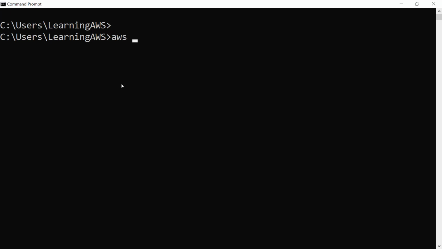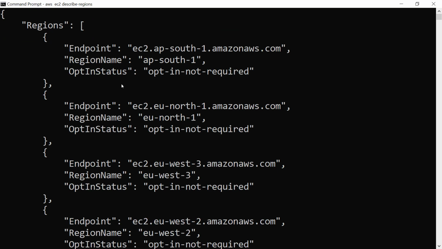Right? I do not have a lot of resources running in my account here. So let me just show you that service endpoint, how it looks like. I am trying to talk to a service called EC2, which is Elastic Compute Cloud, and I want to describe regions in that service. Hope you remember the regions. So once I press enter, I have leveraged AWS command to list the regions associated with the service called EC2.